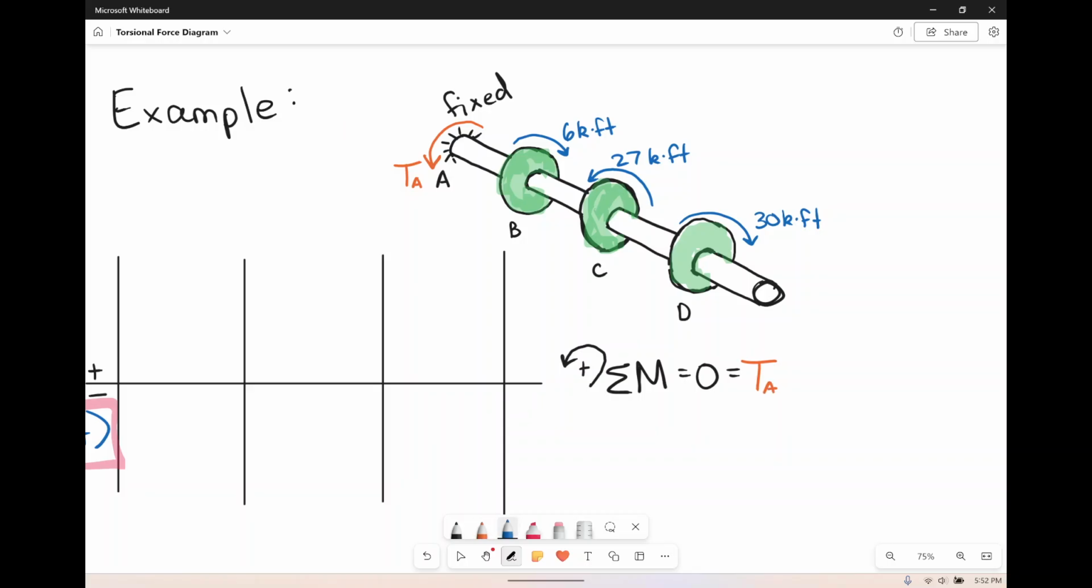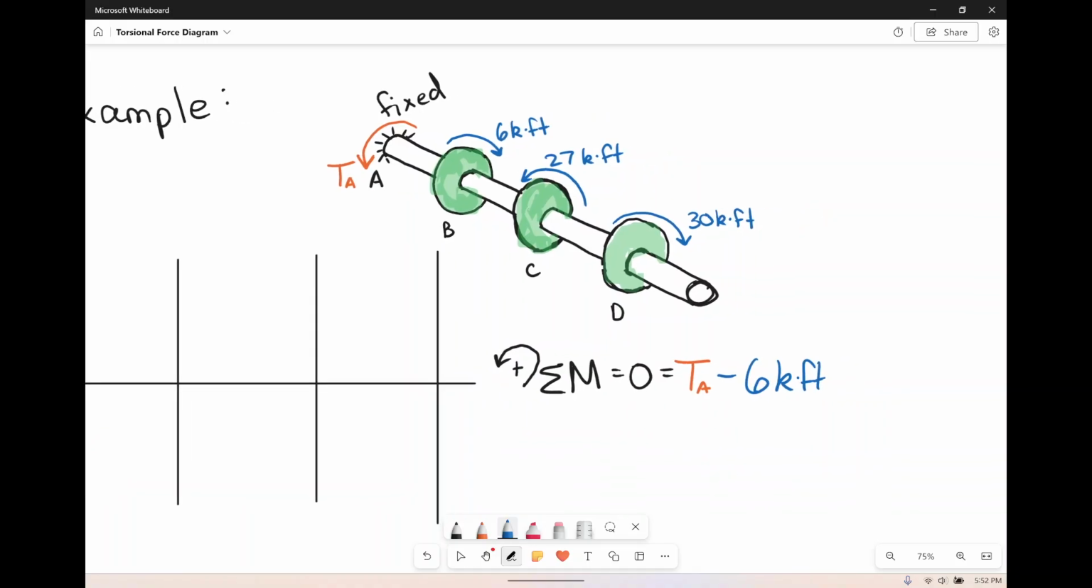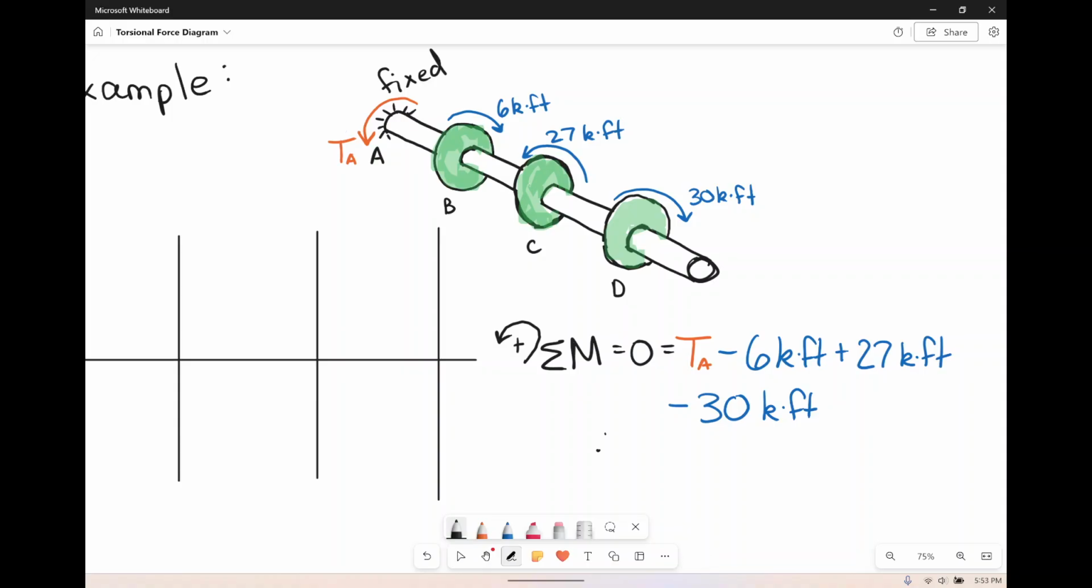6 kip feet are going negatively, so we're going to minus 6 kip feet off of it. We got 27, going in the correct direction, so plus another 27 kip feet. Then we're going to swing back over here. We're going to minus 30 kip feet. So that is our direction. That is our equation. So we're going to solve for t at A, and that's going to give us